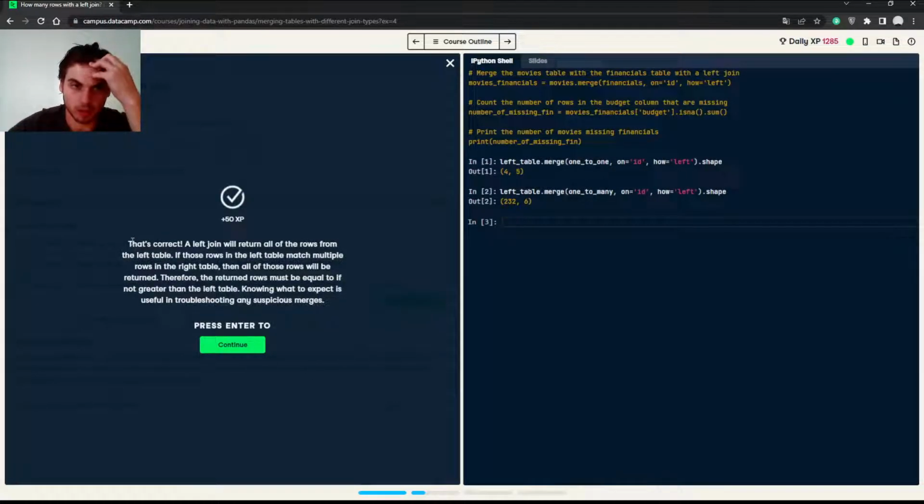That's correct. A left join will return all of the rows from the left table. If those rows in the left table match multiple rows in the right table, then all those rows will be returned. Therefore, the returned rows must be equal to, if not greater than the left table. Knowing